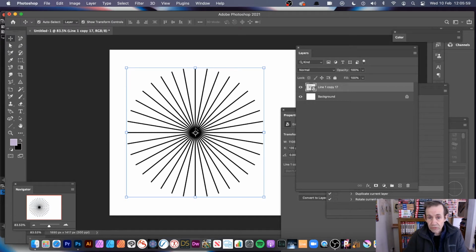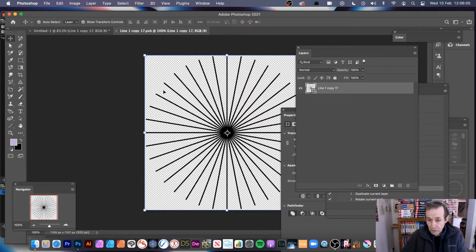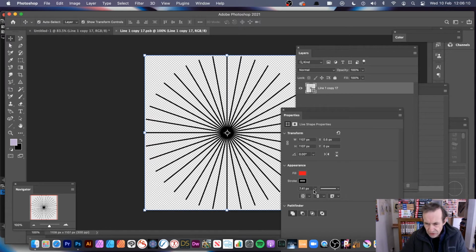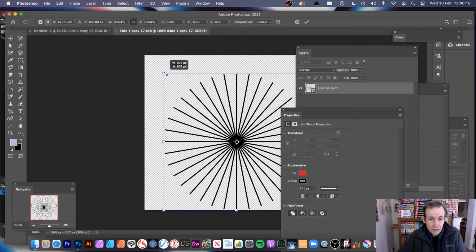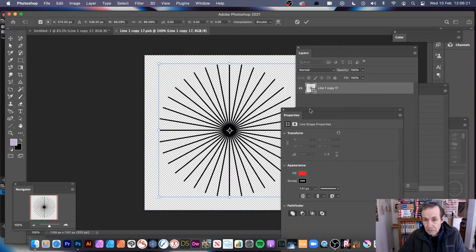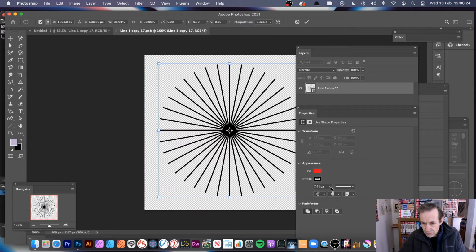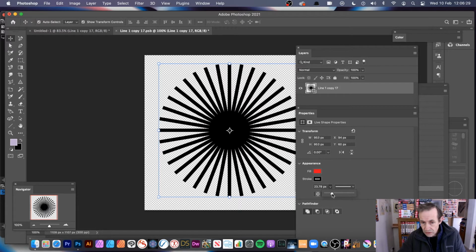And of course, what you can do, you can always go and change. You can double click into this and then you can modify, if you want to, the width. So just go over to properties and you can see you've got 7.41 there. And I'm just going to resize it slightly. Hold down the shift and then resize. You can see you can create obviously slightly different designs. Sadly, there's no width tool like in Illustrator where you can create some more interesting designs than this, but however,